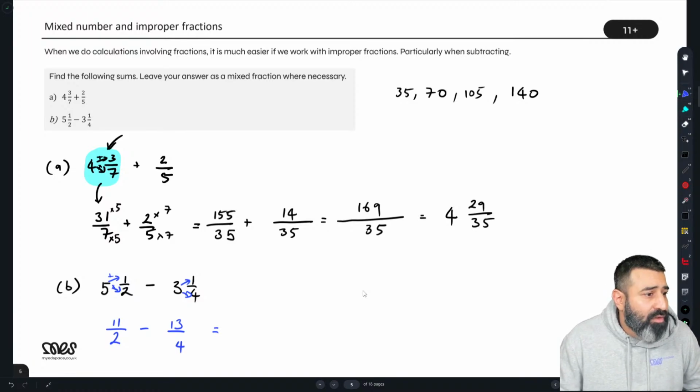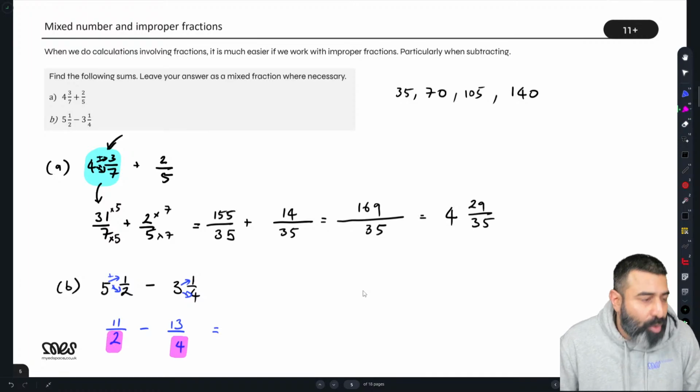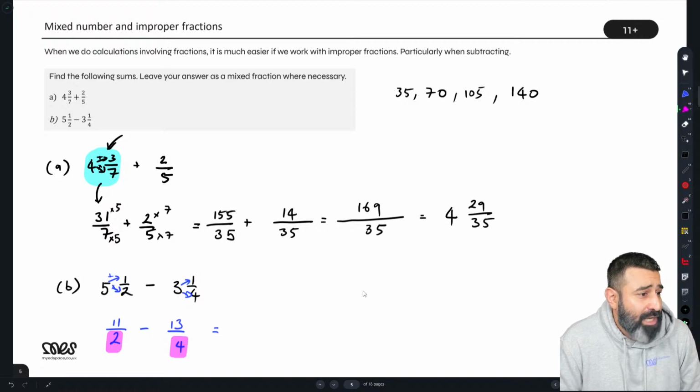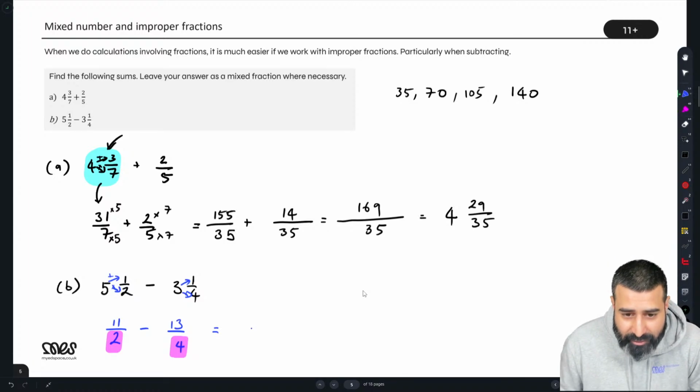Do we have a common multiple here? Yeah, I can. But I'm going as slowly as possible, I think. Right, what can we do here? Is there a common multiple? What is my common multiple here? You sure? Rickson's saying yes. Ashwin's saying yes. It is 4. Absolutely. So my common multiple here is 4.